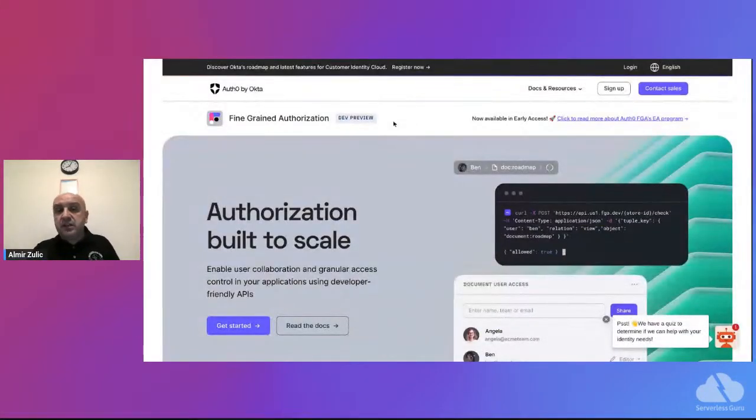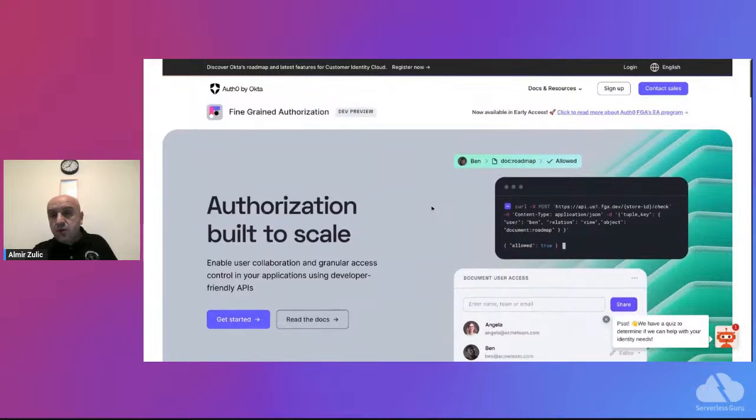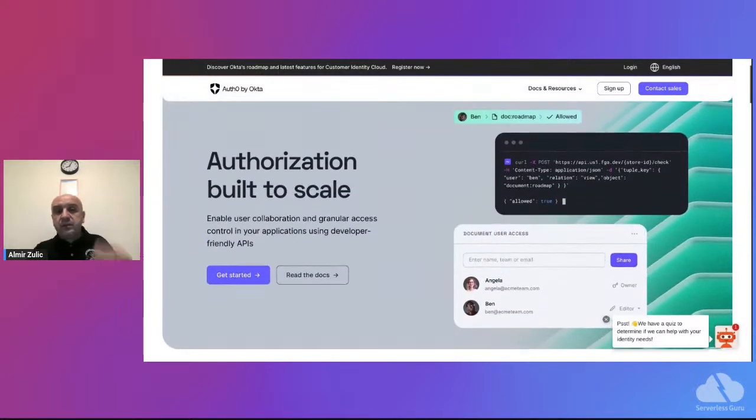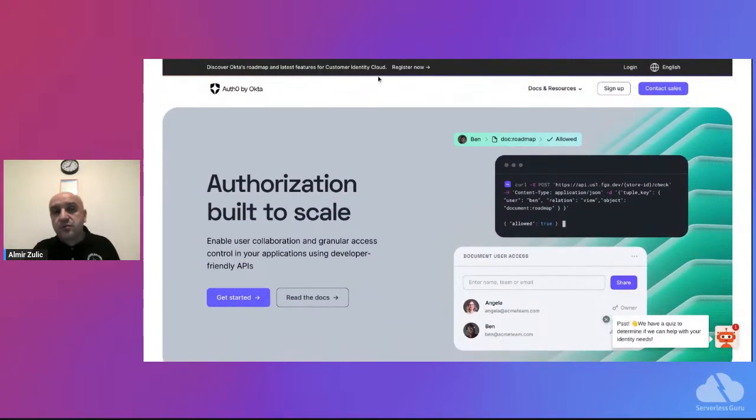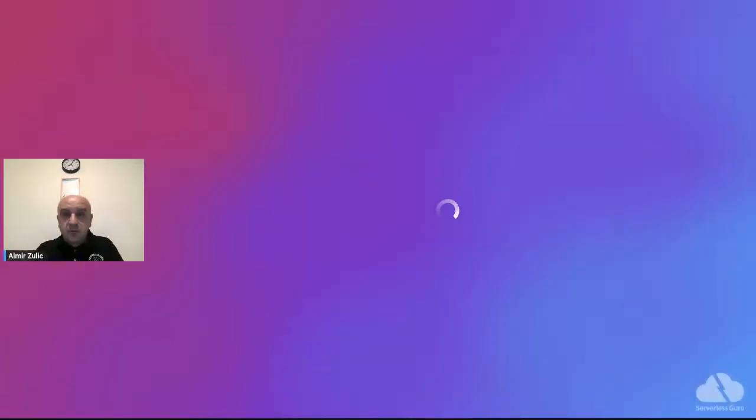As it comes to Okta and Auth0, they have their fine-grained authorization, and this is a pretty new service, and this is still in developer preview. So if you need an alternative, you can look into this too. But Amazon Verified Permissions is actually generally available, so I would recommend you to go that way. So that being said, I tried to answer all your questions during the webinar, and if you have additional questions right now, I'm ready to answer. Otherwise,